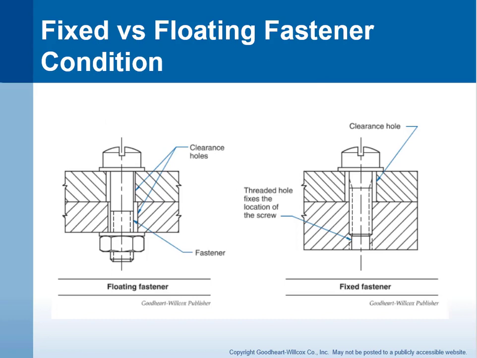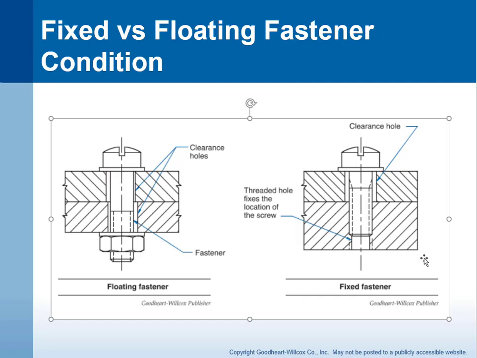Okay, so I want to bring up a concept of fixed versus floating fastener. We're just going to talk about this conceptually. So in a floating fastener condition, what we have is two members here that are going to be bolted together using a through bolt and a nut. When we call that floating, what happens is the fastener is passed through multiple clearance holes and is fastened with a nut. Whereas you have a fixed fastener over here,